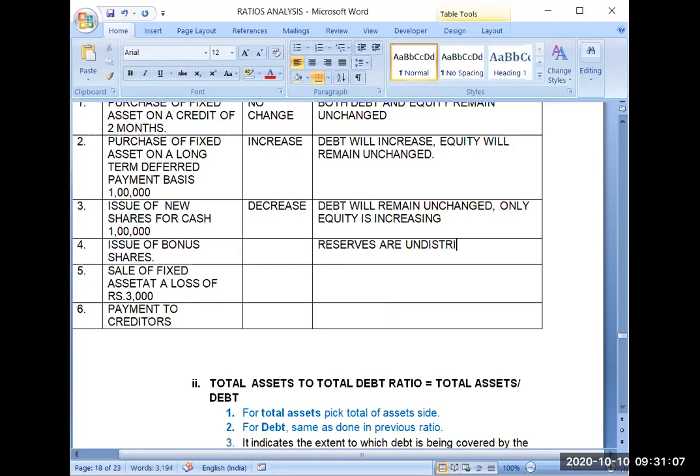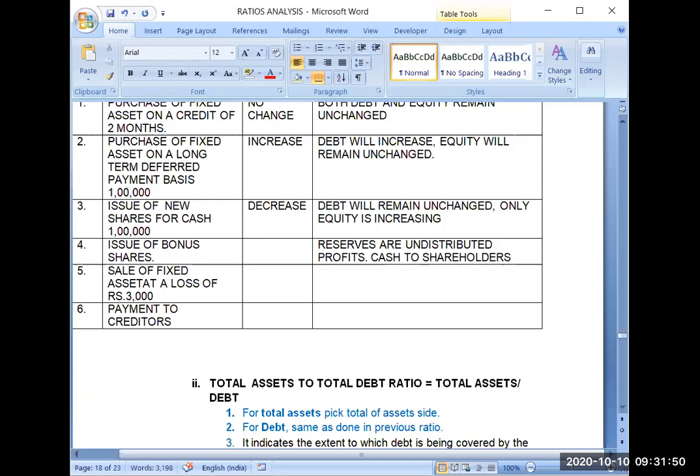See, try to be clear logically about each and everything. Reserves are undistributed profits. The profit which company has earned but not distributed among the shareholders. So the amount of profit belongs to the shareholder. So now company has two options. One option is that you can pay that part of profit or reserves in cash to the shareholders. But if you will be paying cash, that requires liquidity, because it is not a payment of rupees 100 or 200. It will be payment in crores.